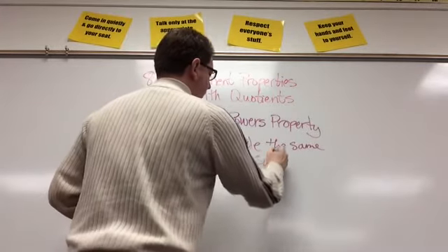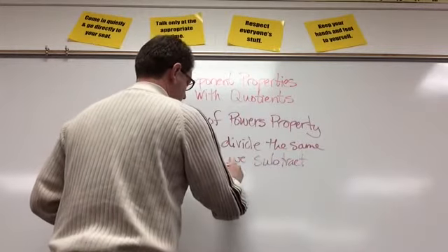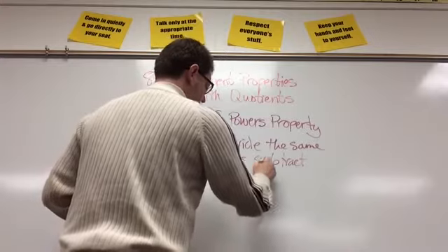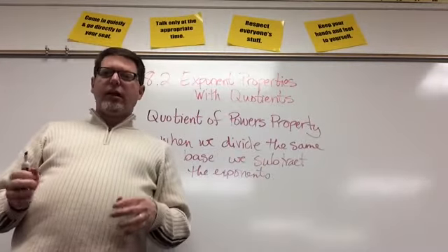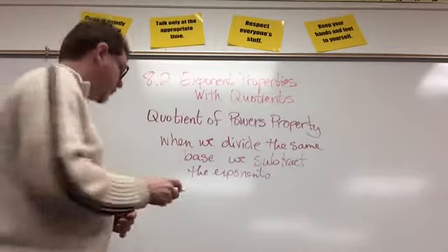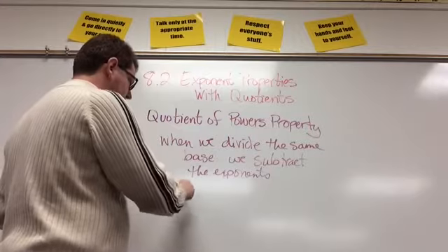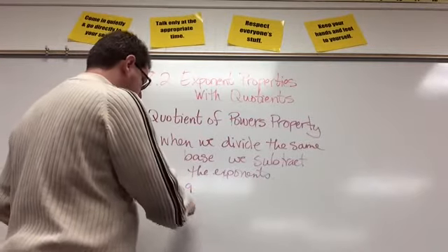we subtract the exponents. So that's our rule. If we're dividing the same base and they both have exponents, then we subtract the exponents to get the solution. So our first example would be 12 to the 9th power divided by 12 to the